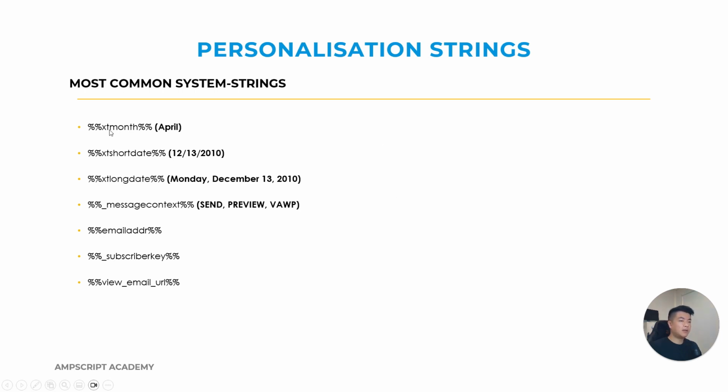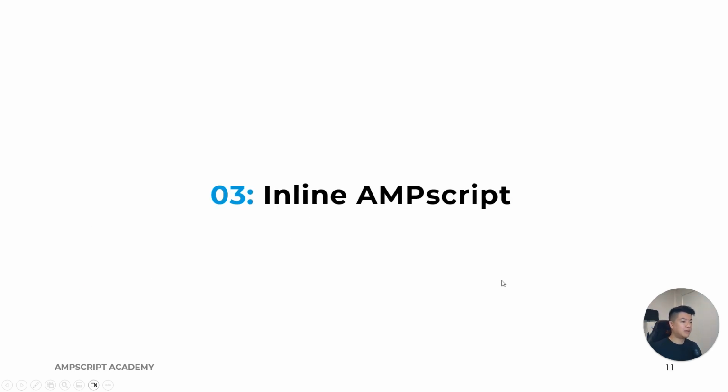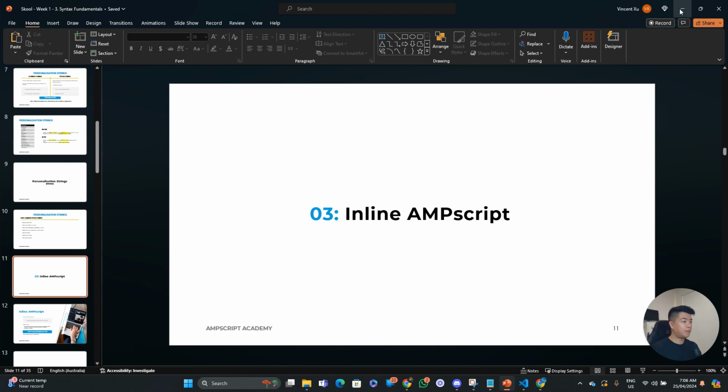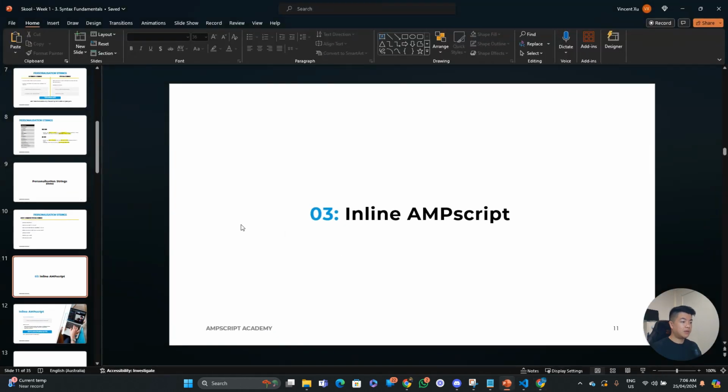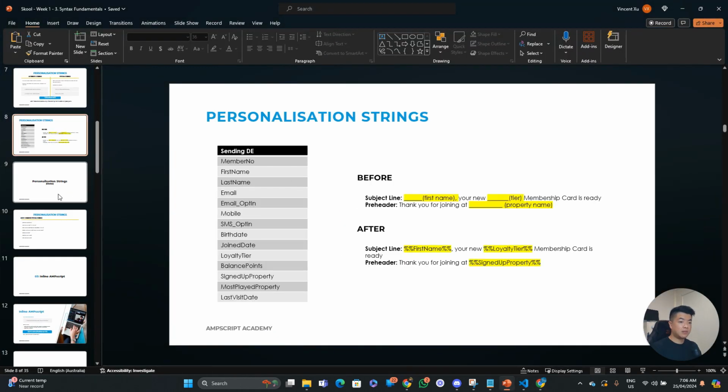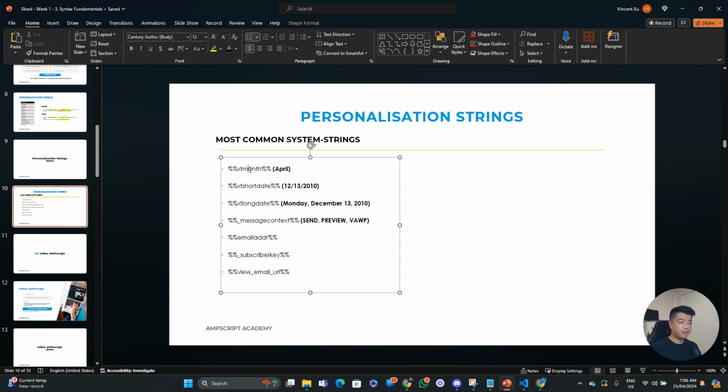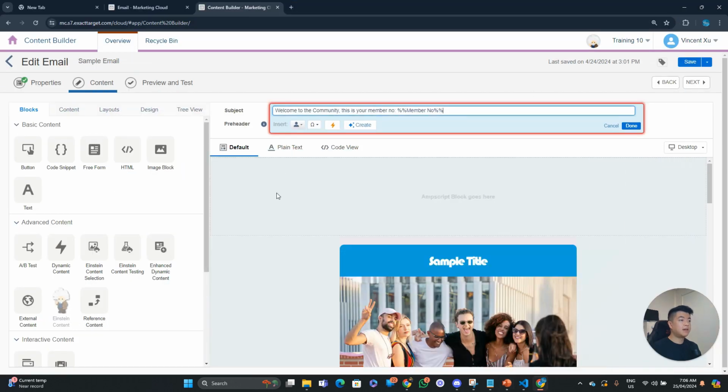So yeah, why not? Actually, let's try out the current month. So XT month, let's do that now before we move on. Say for example, I want XT month. The best method is just literally copy and paste. Where am I? Let's copy and paste that in here. So welcome to the community. This is your